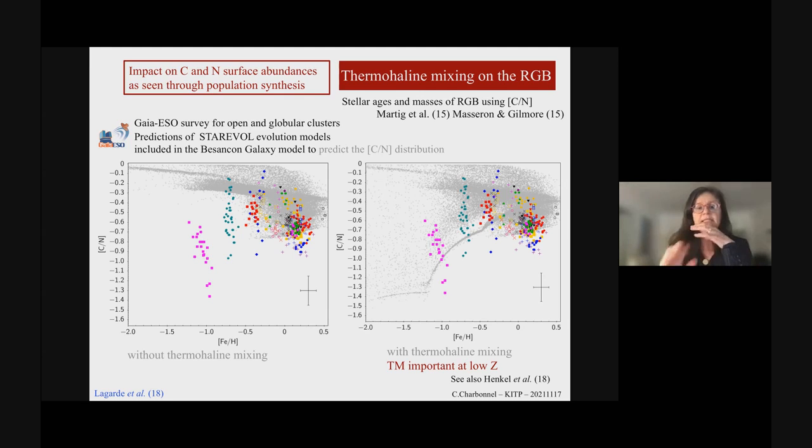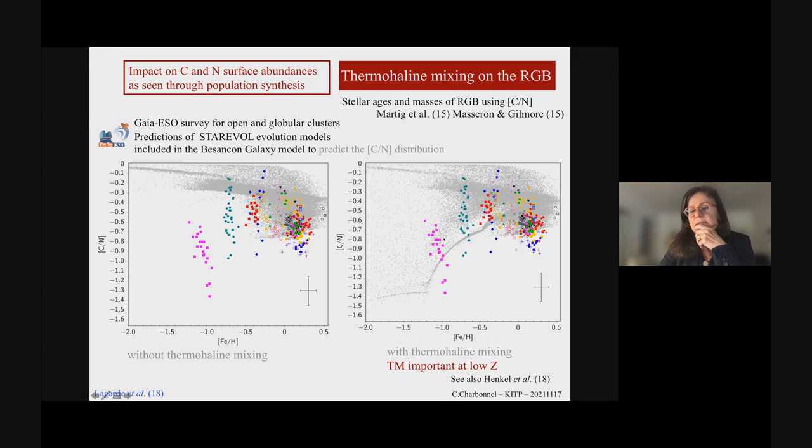And this is a very flexible model. So here you can predict how many stars you would expect to see in this area, and you see the effect of the models with thermal mixing are included in this simulation here. And you also take into account the age of the star, how much time they take in the different parts of their evolution, and you can predict the distribution of stars here.